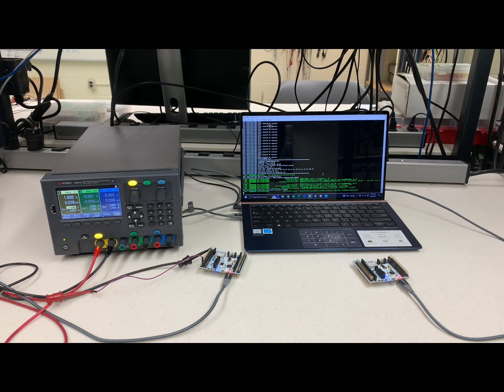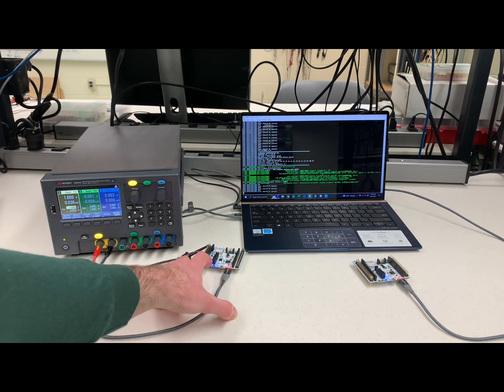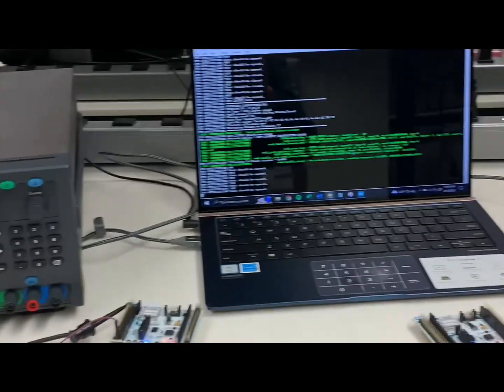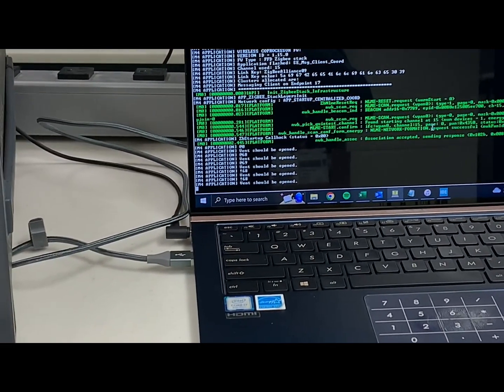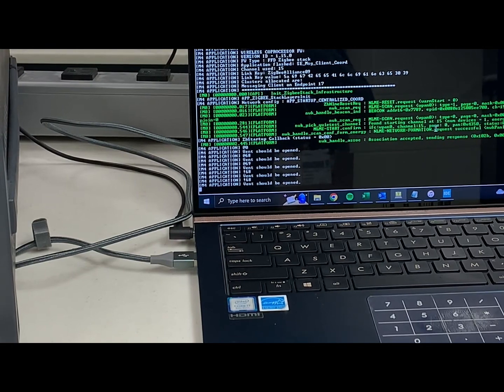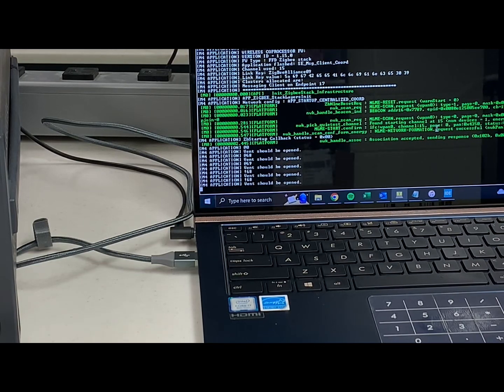On the central hub, that data gets interpreted and it makes a decision about whether to open or close the vent. So I can demonstrate that by clicking the button a couple times. And as we can see, it's receiving the data, and then it's making a decision that says the vent should be opened. If I turn up the voltage,